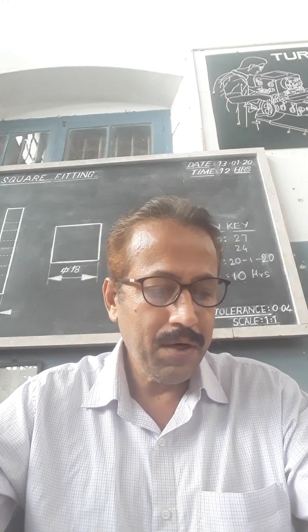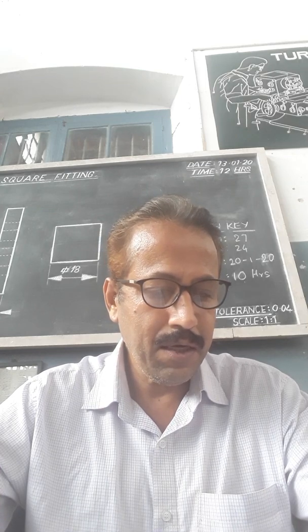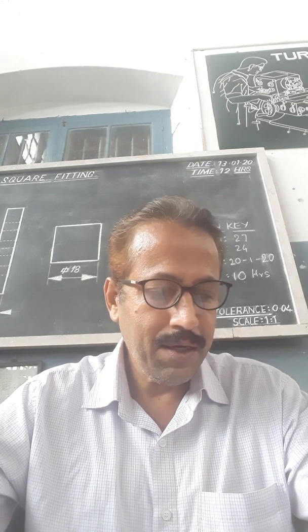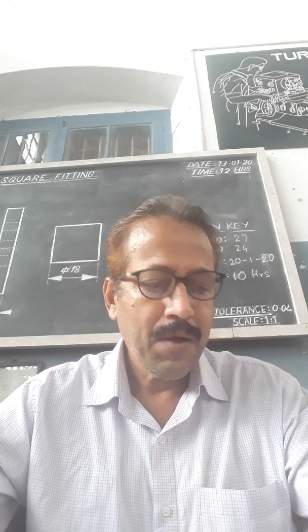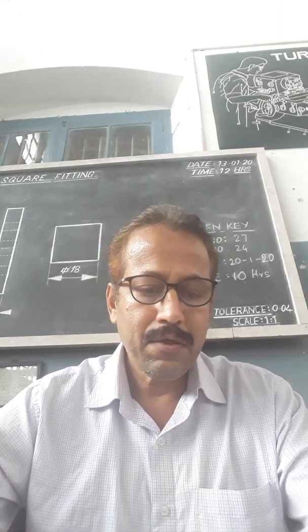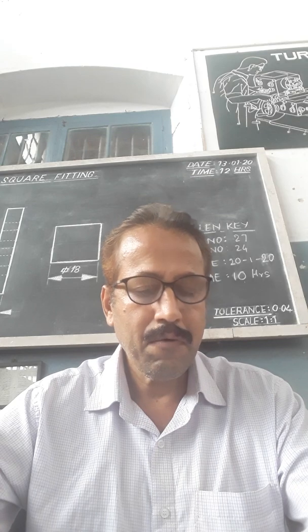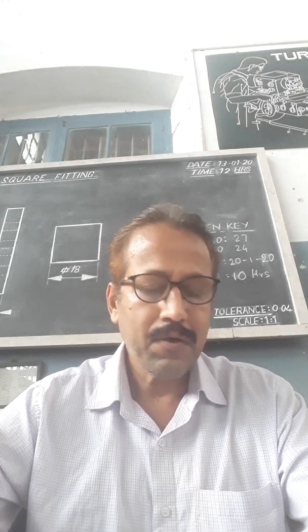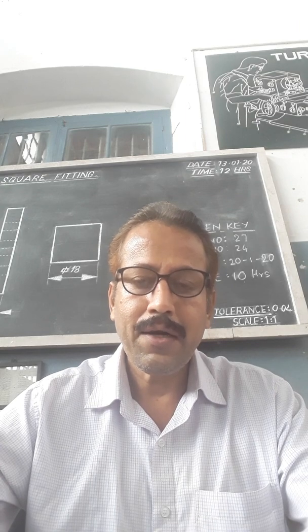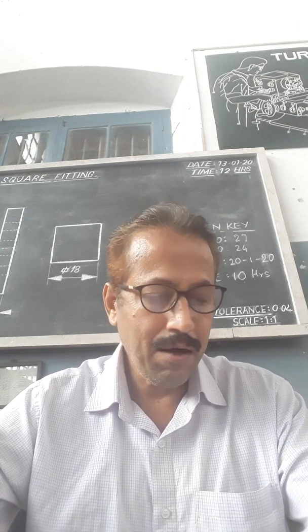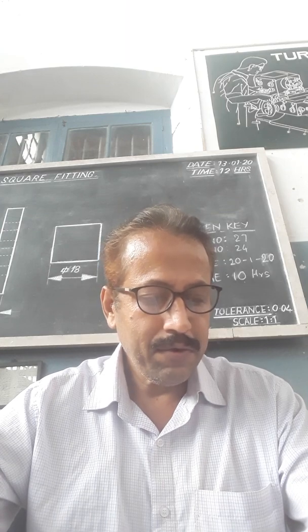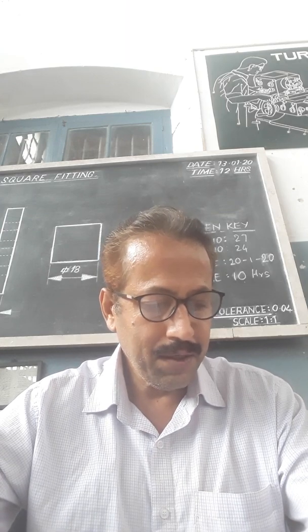A hub or a pulley is engaged to the shaft by a key which prevents relative motion. The functioning of the feather key assembly is shown. So the parallel key or feather key is one of the commonly used keys. It is used for transmitting the torque from one shaft to the other shaft. Some portion of the key sits in the hub and the remaining portion sits in the shaft. So this is a very simple key, used for transmitting the torque from one shaft to the other.